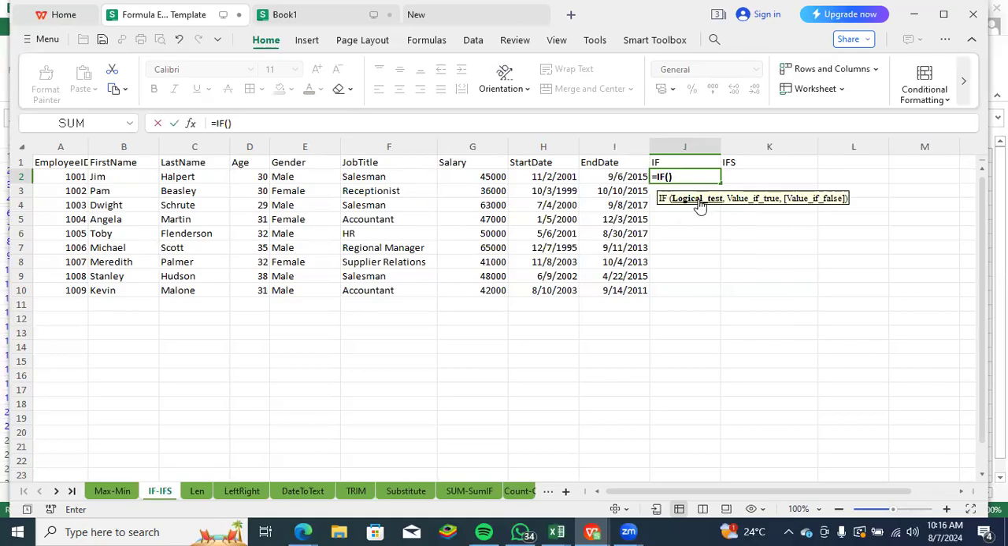Then it says logical test. The logical test will tell us where you want to work on, the range, from the first one to the next one. Then you give us, let's say, I use my right hand to know the greater side, so greater than 30,